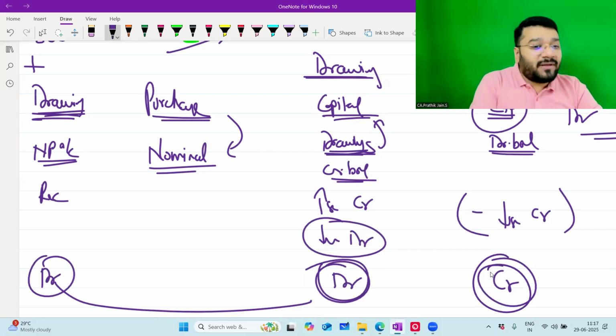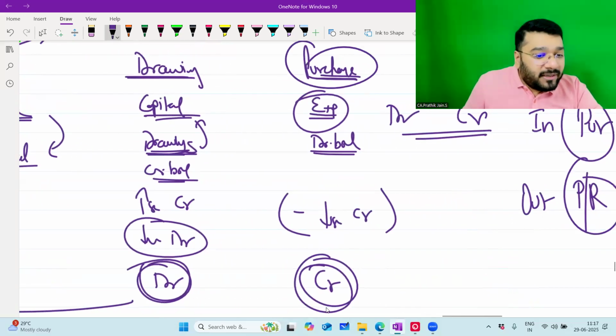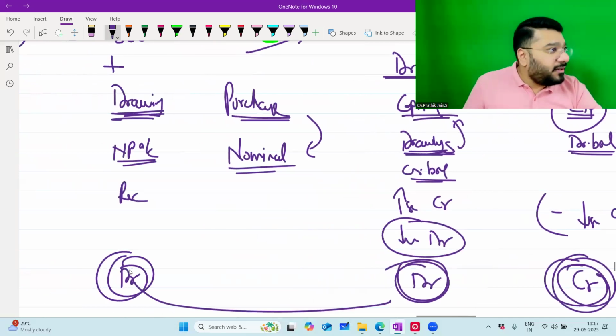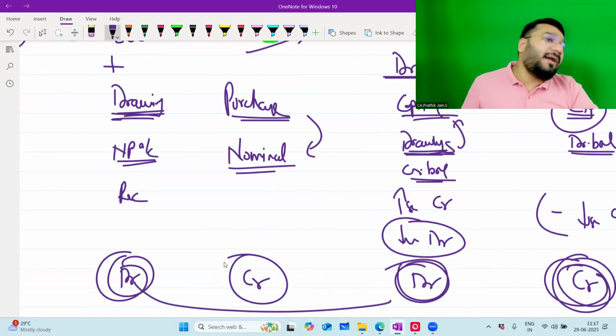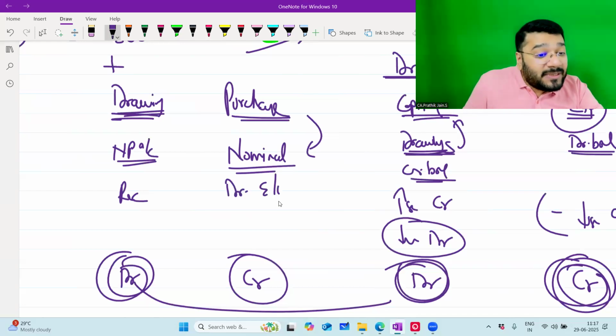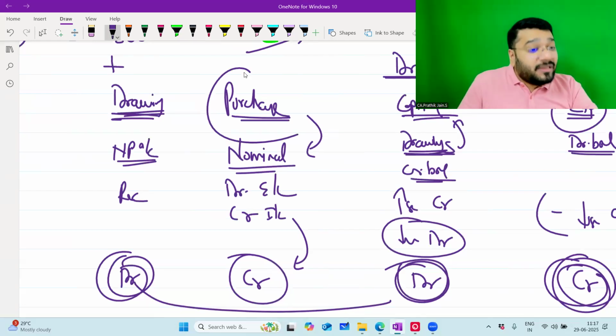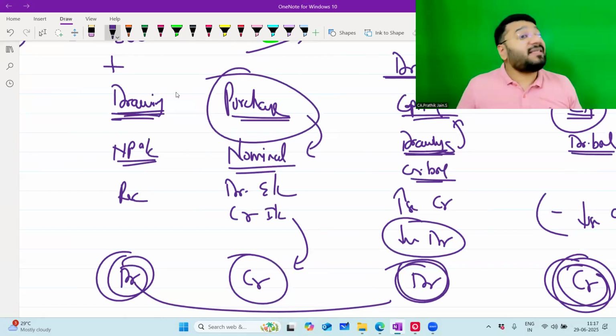Here, purchase you gave a credit. Credit is absolutely right. And if drawings is debit here, obviously the other part should be credit. What is the nominal rule? Debit all expense and losses, credit all income and gain. In which angle is this purchase, which you're reversing, income and gain for you?